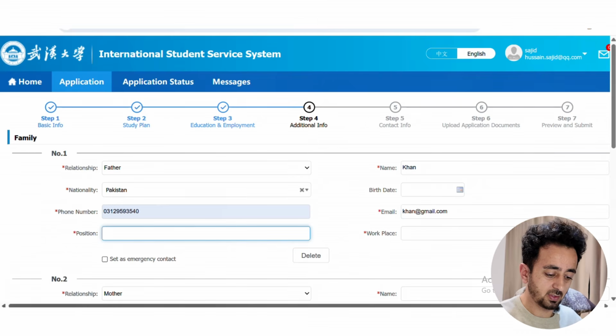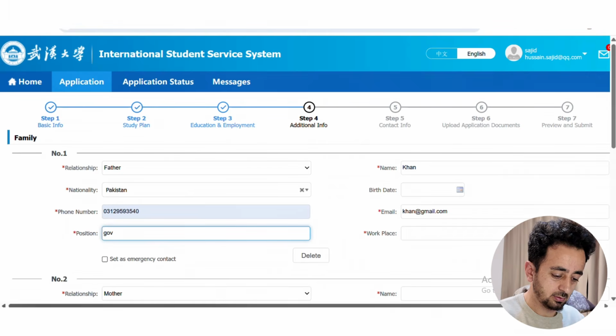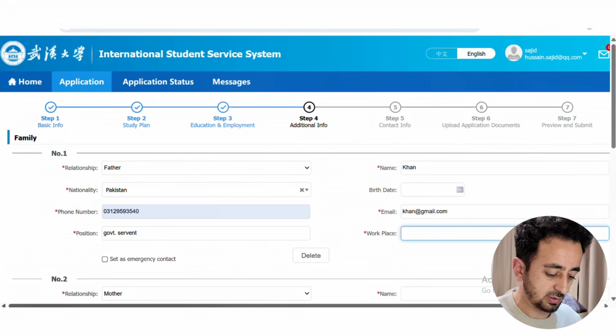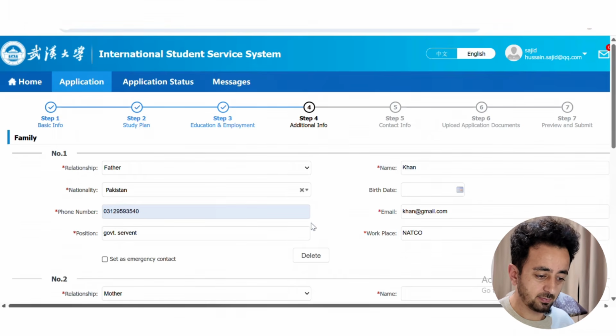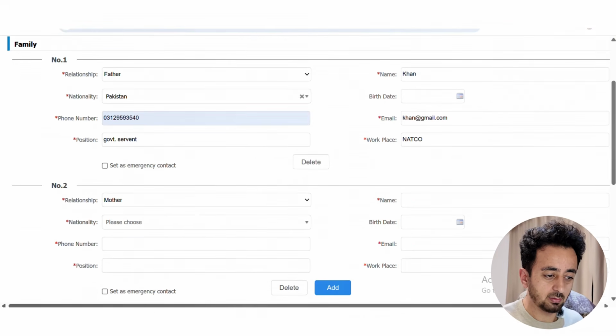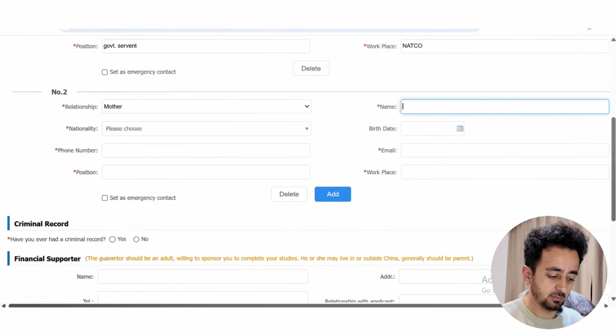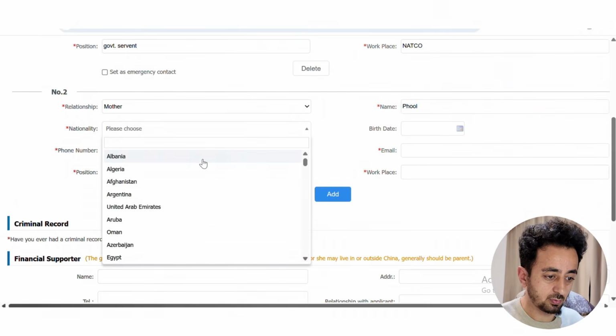Okay, and position, whatever you want to write. And workplace, maybe you can write the name of it, like where he is working. Okay, and go, and you can provide them mother's information, for example, anything. You can provide them your correct information about your mom,